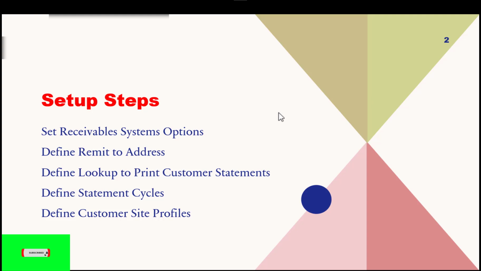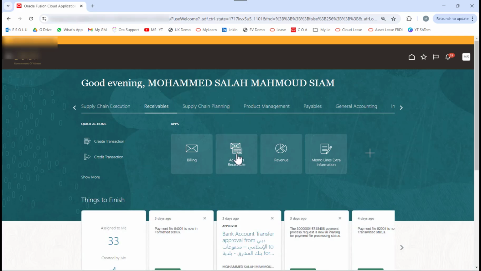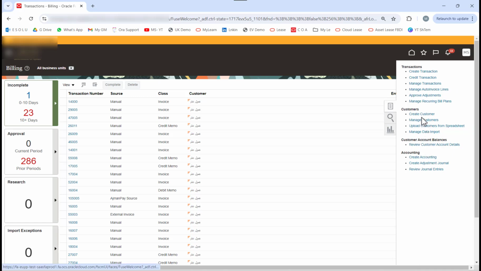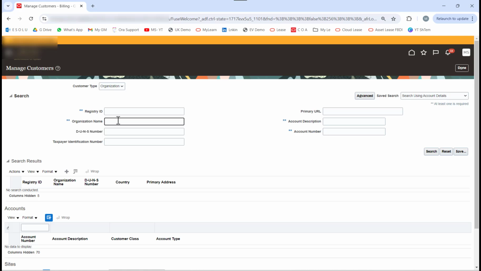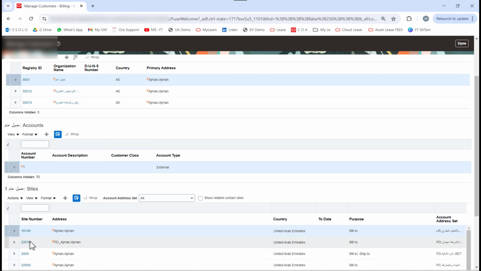As I said before, for each customer site or bill-to you have to assign the customer statements, but you cannot assign more than one statement cycle. Just navigate to receivables and manage customers, billing, and go to manage customers. Select whatever your customer is. Here either you can go to account or the site. Site means you assign a lot of sites to a lot of business units, or you can go to customer